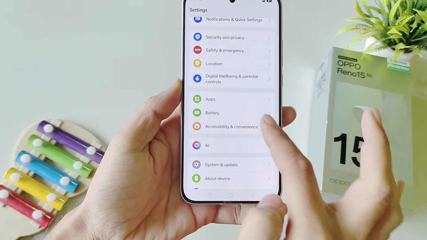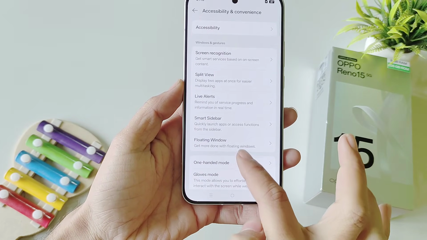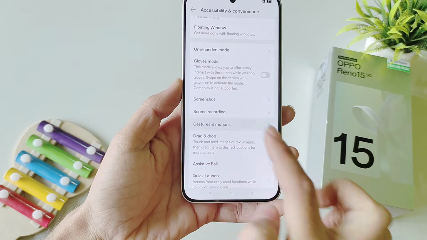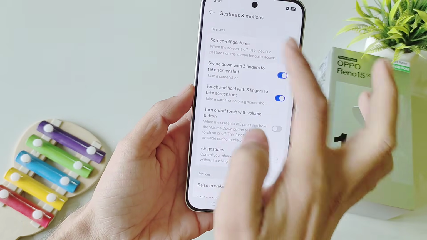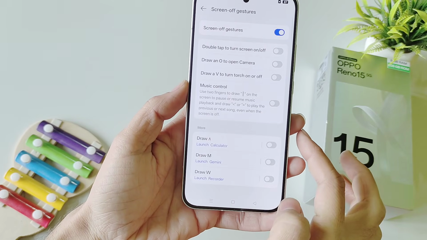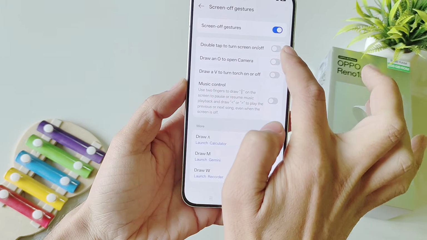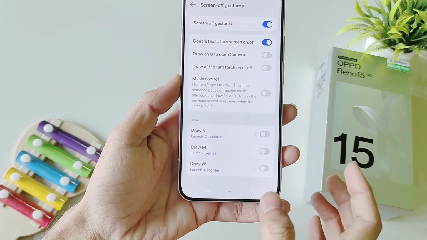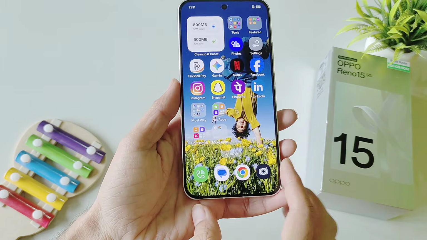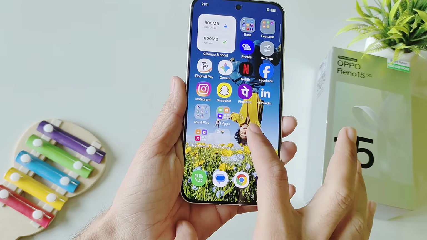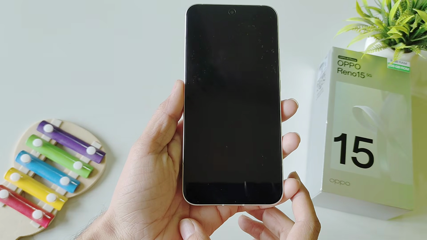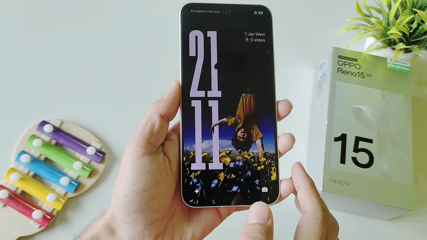scroll down, select accessibility and convenience, again scroll down and select gestures and motions. Select screen off gestures, enable it from here and then enable double tap to turn screen on or off. Click on got it. Now whenever you are on your home screen, you can double tap on the blank area, and it will lock your smartphone, and if you double tap on the locked screen,